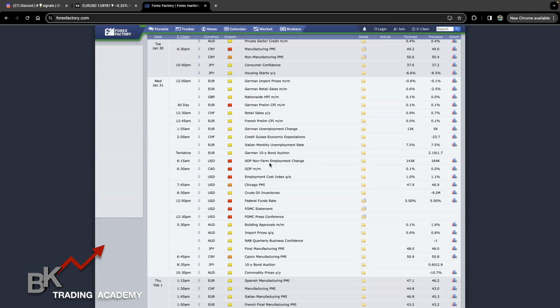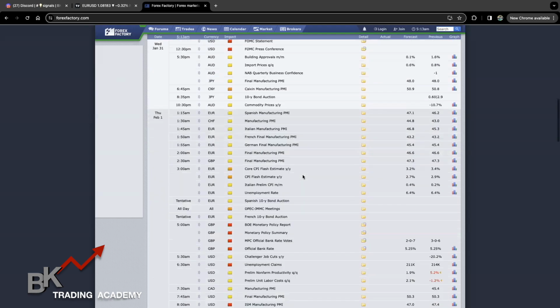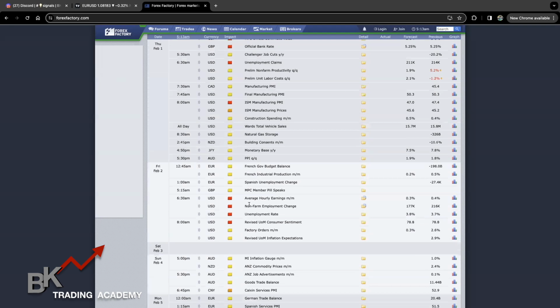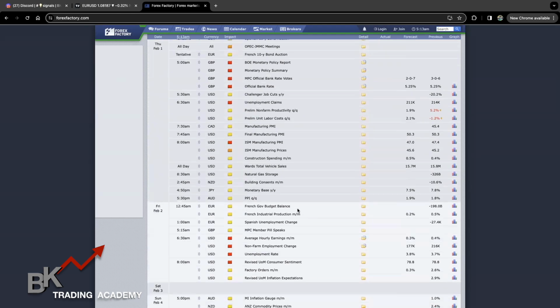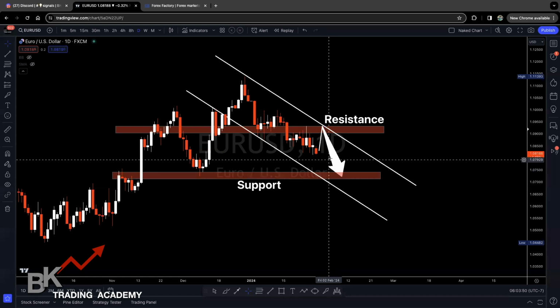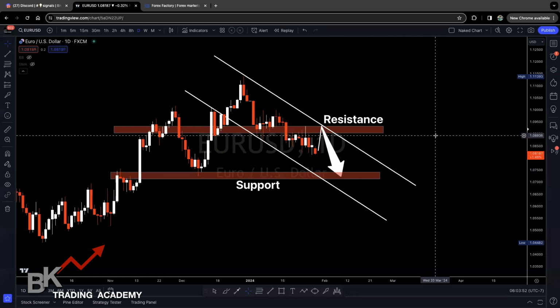But we do have the ADP non-farm employment change. So that usually is an indicator of how NFP will perform during the first week, which you can see we have on Friday, the 2nd. So here's our USD non-farm payroll. So if I'm going to be trading Euro USD in between that time, then I want to keep this in mind. Now, if price hasn't moved toward my key levels, I can just wait and sit it out and not trade,